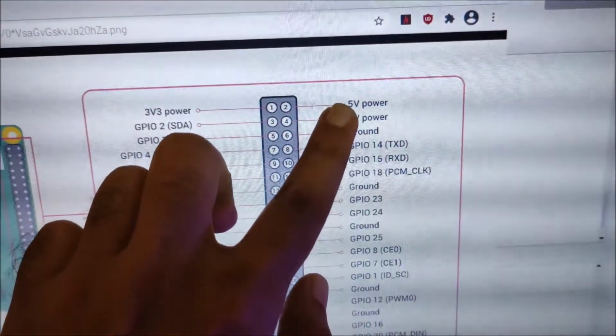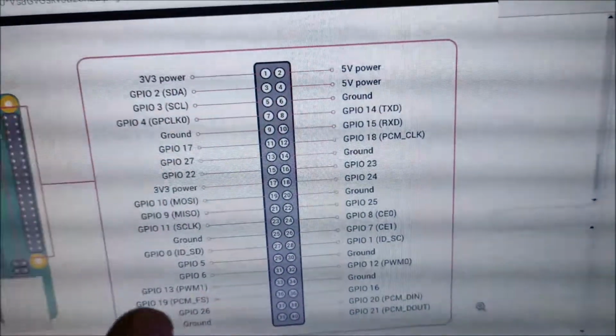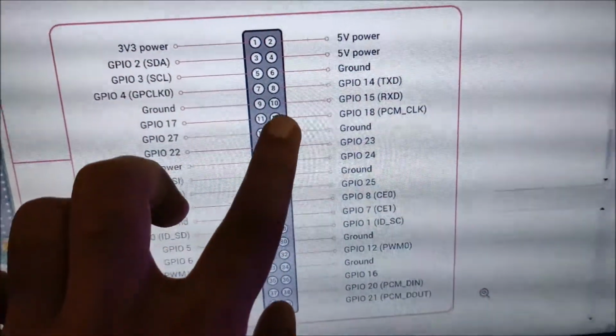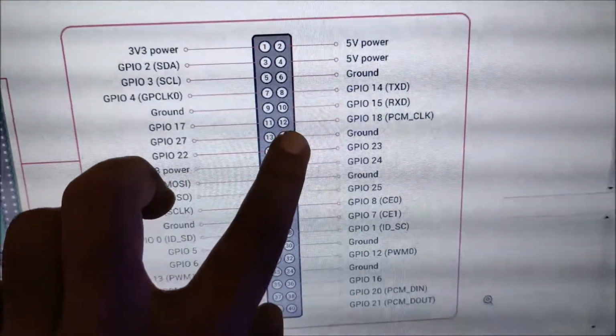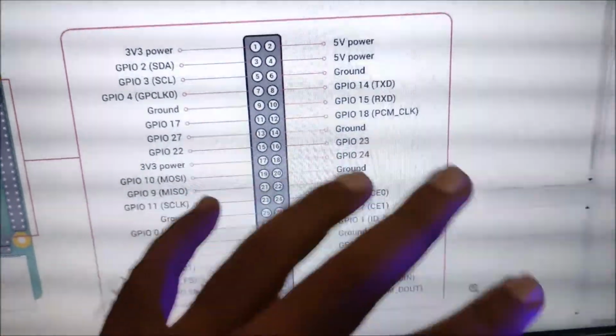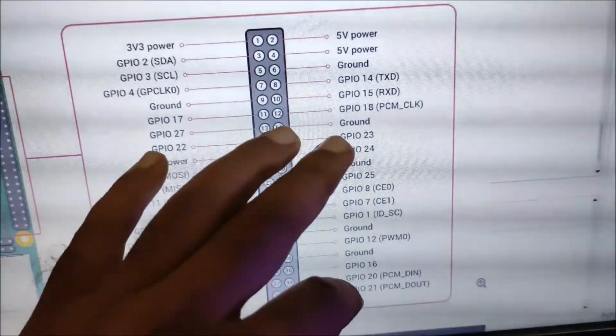Red we are going to connect with the Raspberry Pi 4 5 volt power pin. Then the green one, which is the data pin, we are going to connect with physical pin number 12, GPIO 18. So physical pin number 12 connects with the RGB LED strip green wire, and the ground goes to ground.